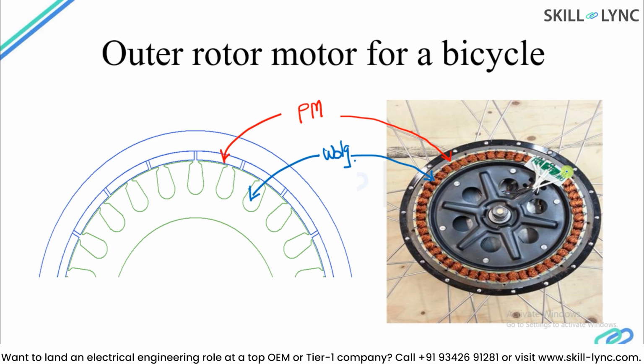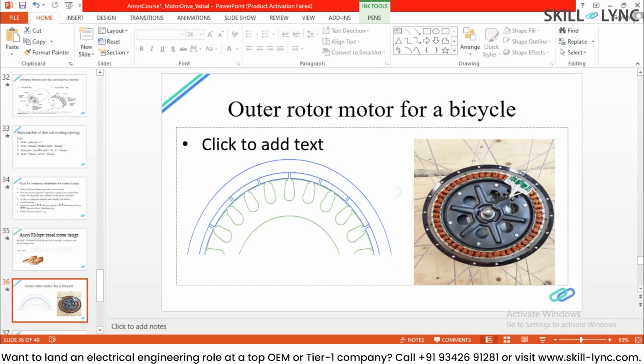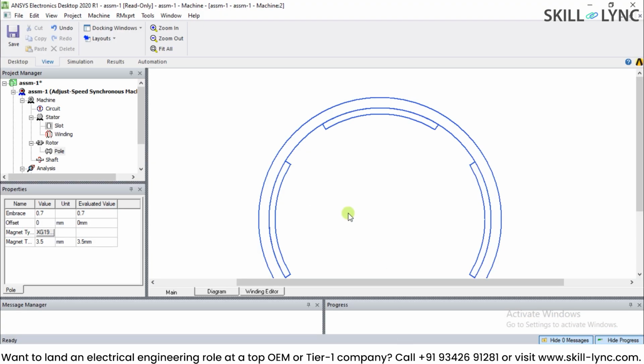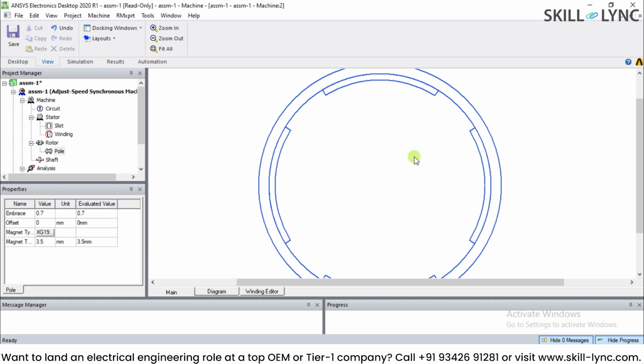And over here what you see is 3 Hall sensors mounted. So this is basically a brushless DC motor for a bicycle application. And similarly for scooter and other applications, even for high power applications, this kind of motor configuration is popular. Let's go back to Ansys and understand about the configurations, and let's actually work out the solution for the given